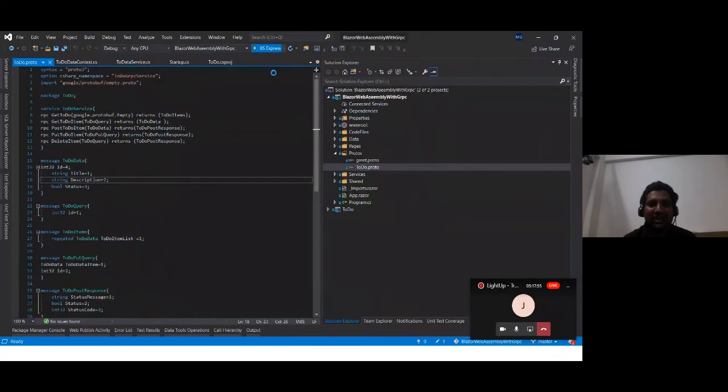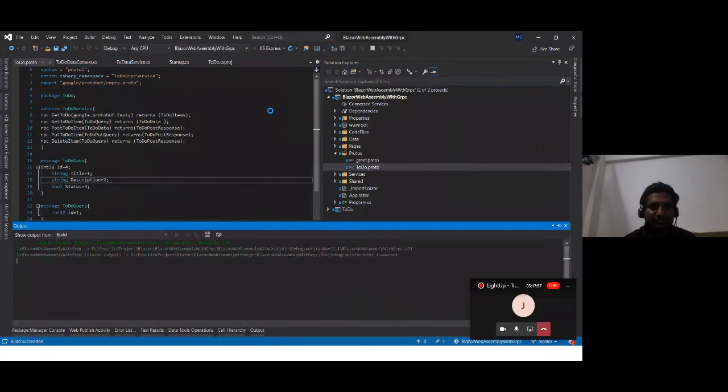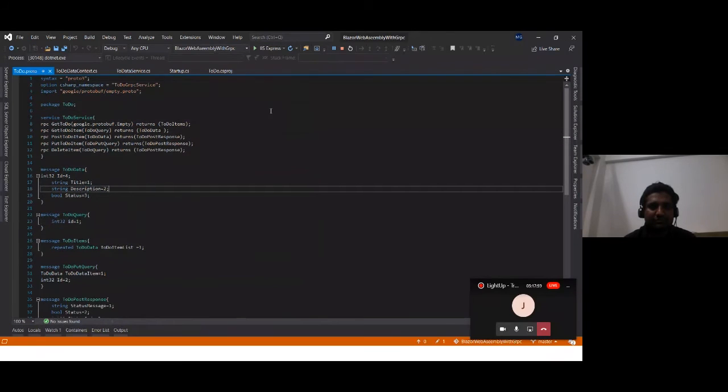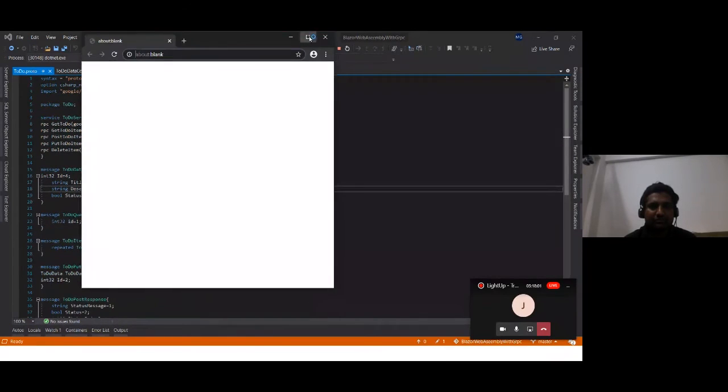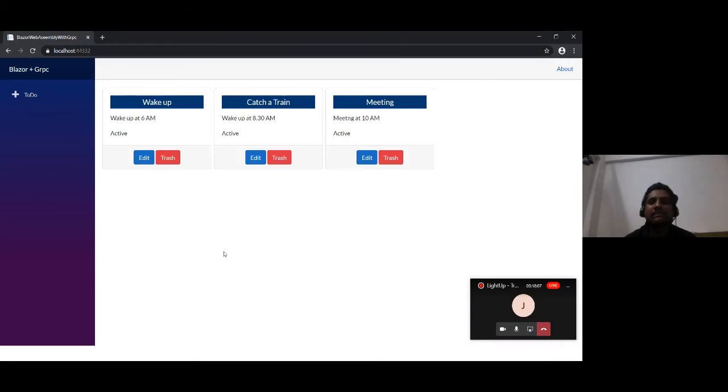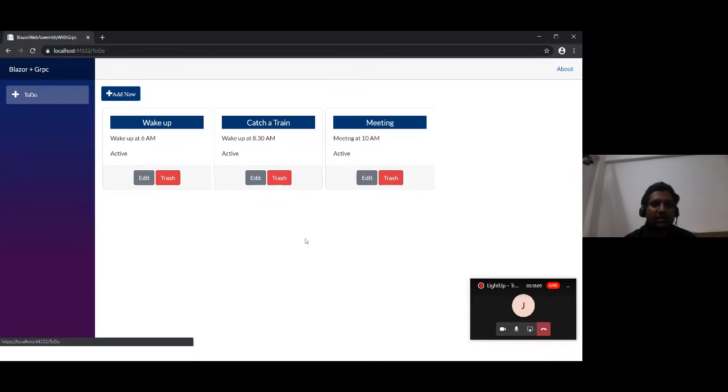So when I start this application, it is starting, it is loading. This is my seeded data that I added while running the application.